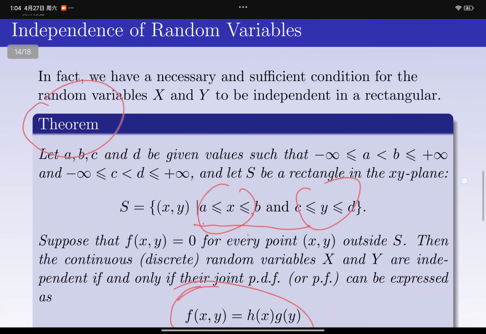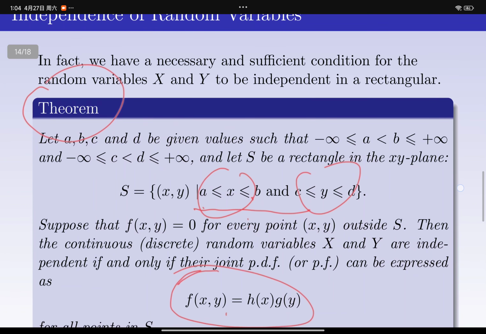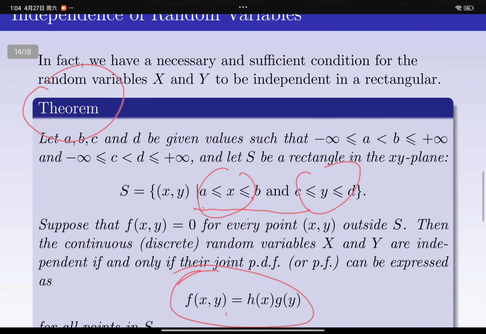Independence of random variables. In fact, we have a necessary and sufficient condition for random variables to be independent in a rectangle. Okay, rectangle. Given values that we have as a rectangle, S is a rectangle, and the density is zero for every point outside. Then for the continuous or discrete random variables,